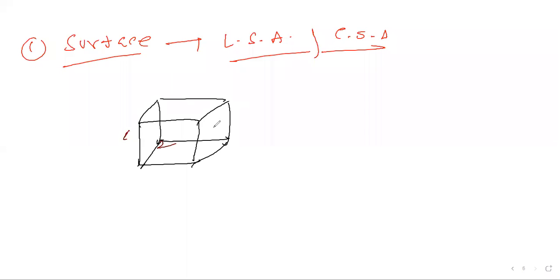Side one, side two, side three, side four: four sides here. The top one is side number 5. Down we have side number 6. There are 6 faces. Technically we call these sides faces. 6 faces: 4 side faces, the top face, the fifth, and the sixth one is the bottom face.